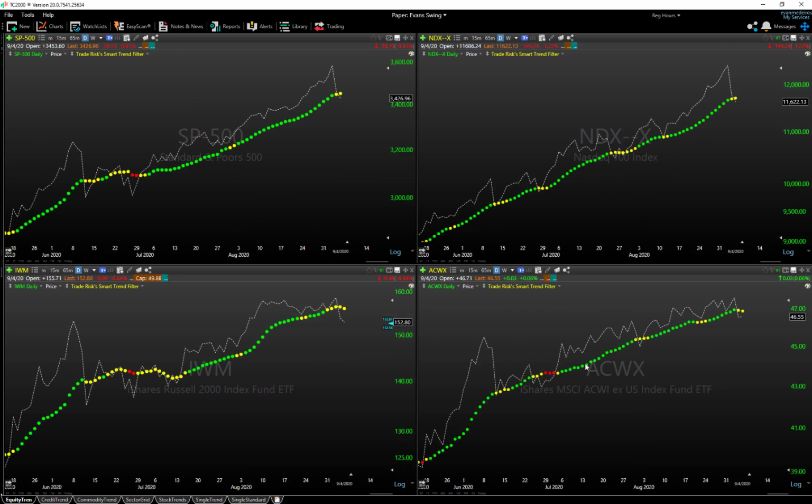Daily chart, we're under pressure here in all of the markets. S&P's under pressure, Nasdaq's under pressure, Russell's under pressure, ACWX, which is international, is under pressure. Notice though, none of them transition down to a bearish trend or a sell signal for this particular model. And this represents a daily chart. It's looking back at approximately a month's worth of trading or so, and that's how it's getting its figures